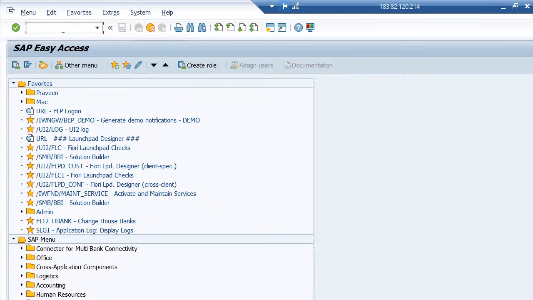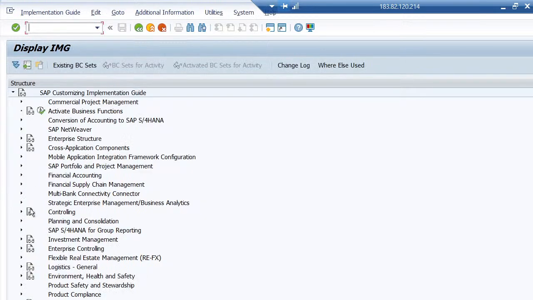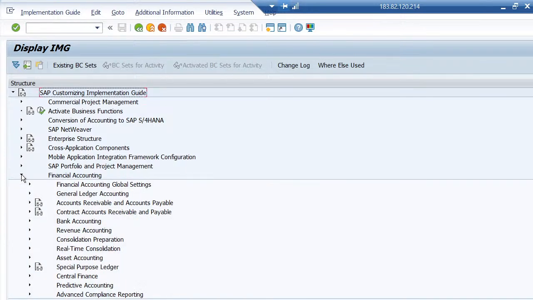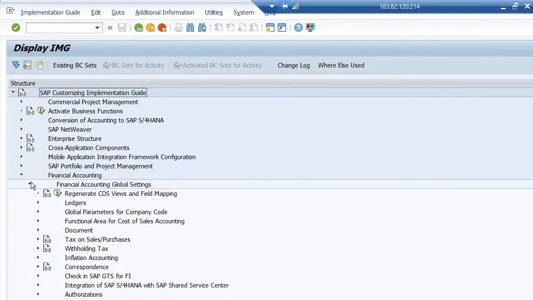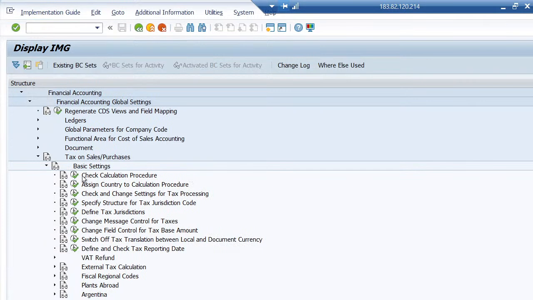So first we are starting with GST configurations, configurations for sales and purchases. Type SPRO, SAP Reference IMG, then Financial Accounting, Global Settings, Taxes on Sales and Purchases. Go to Basic Settings. Step first is,